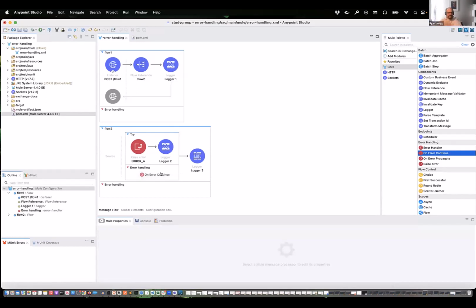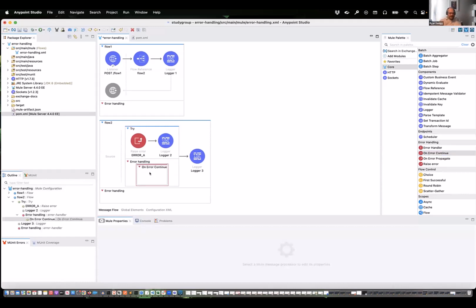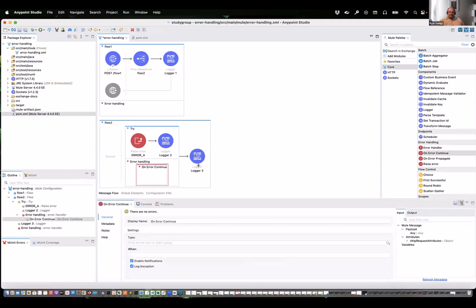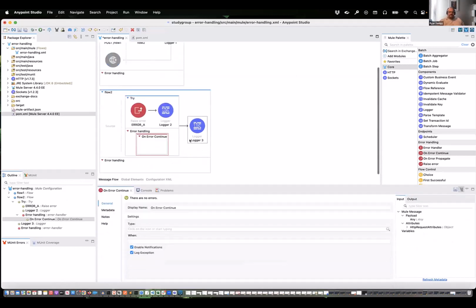Okay. So on error continue is a scope. That means I can put more event processors inside, but I don't have to. I can leave it empty, right? So let's start with just that and see what that does. One thing I can do is turn off the logging. There's a little checkbox, right? And if we look in configuration XML,